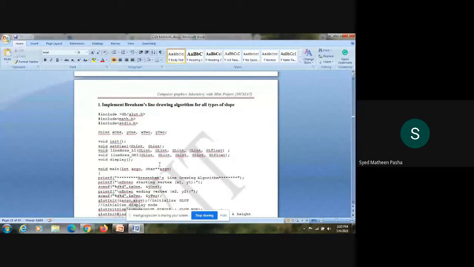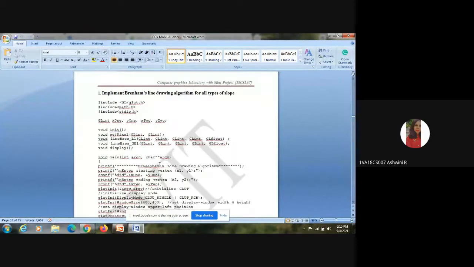Calculation of delta x and delta y. What can I tell that delta x and delta y are? Coordinates, x and y coordinates. How to calculate delta x as well as delta y? By taking the difference between the coordinates of x as well as y.